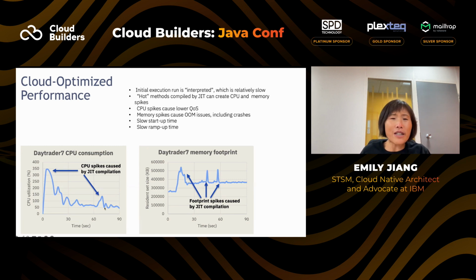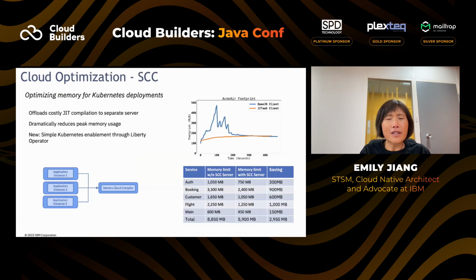When the JIT is working, it also needs to use the CPU, so you get a CPU spike. Also the memory, you get a memory spike. This also causes low quality of service and also OOM issues sometimes. And it also causes slow startup and ramp-up time. So with that,